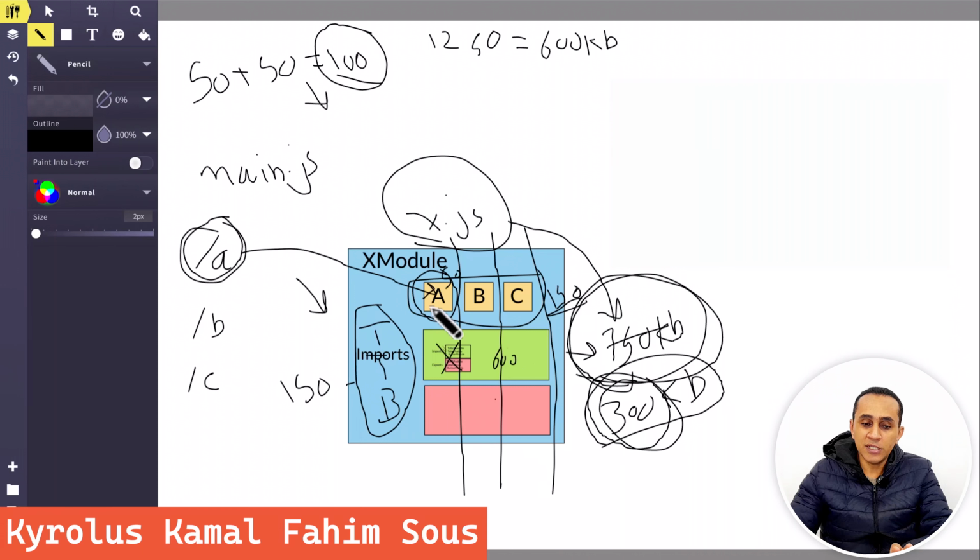For example, if we created one module for component A with the tabs module only, this means that we will have 100 kilobytes of code, and this is what we actually need.